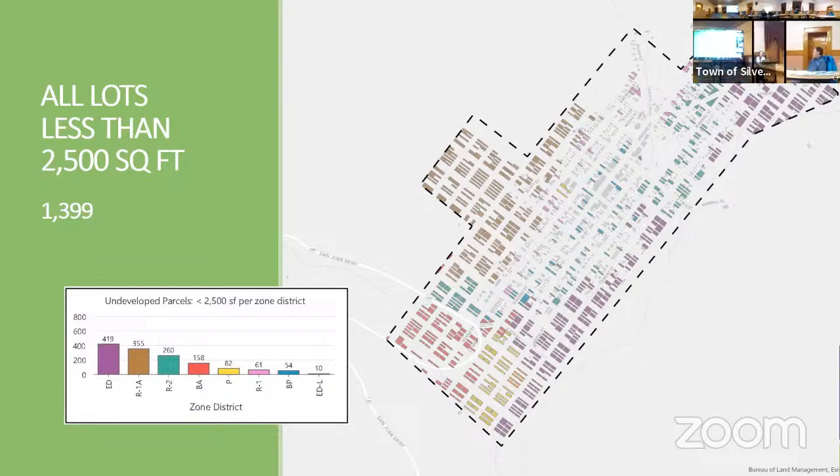Either way, regardless of the number of them, let's say there are 100 of them and not 1,400. What's the significance? Are you just saying this isn't worth making a decision about? No. If there were over 1,000 lots less than 2,500 square feet, then I would say we need to develop a rule for lots less than 2,500 square feet, because it's significant.